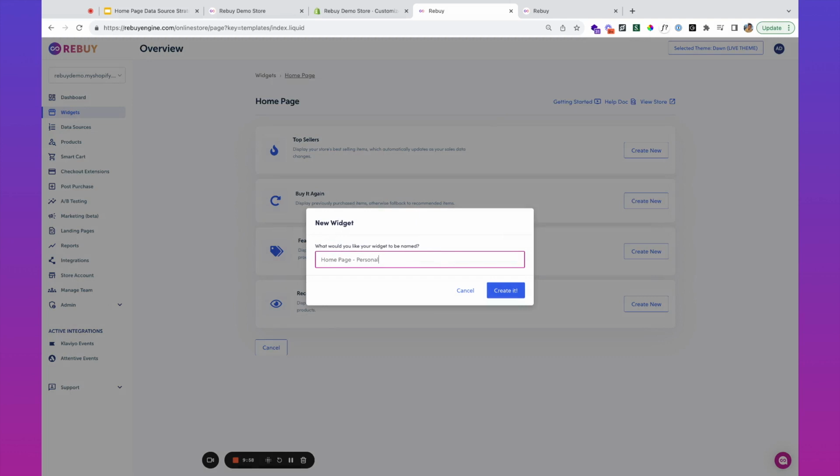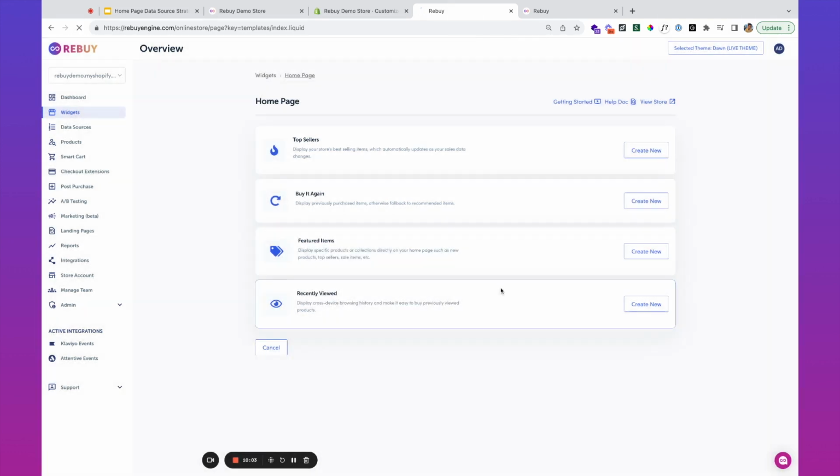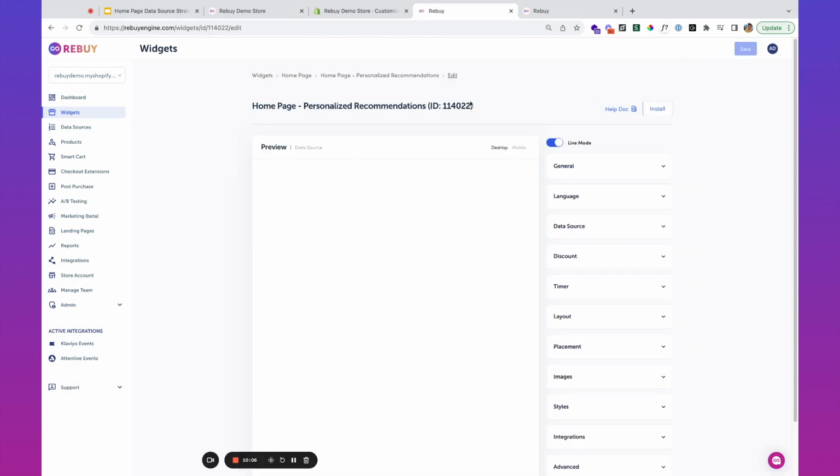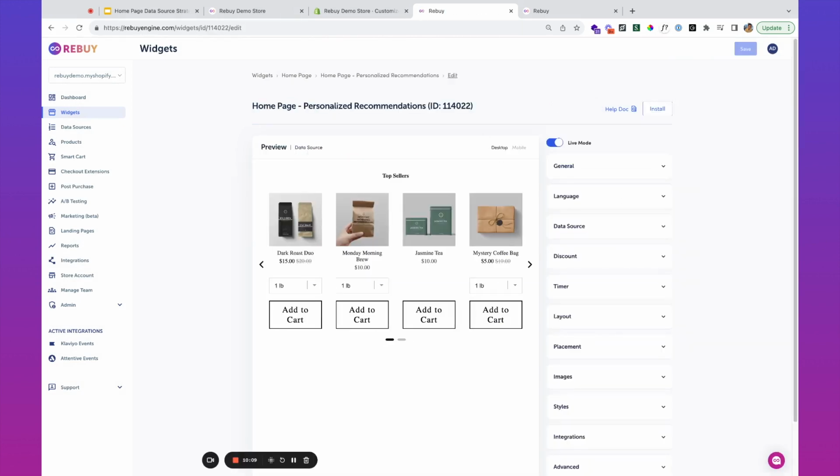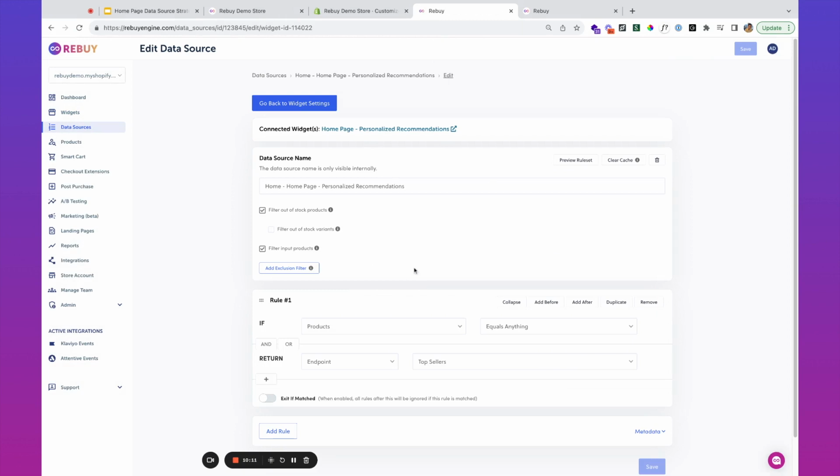homepage personalized recommendations. I'm going to click into the data source. And here we're going to play with a few different things. So let's say in this particular homepage, what I'd like to do is I want to show top sellers, but maybe you're a brand that sells consumables and it makes sense for you to show products that customers have purchased